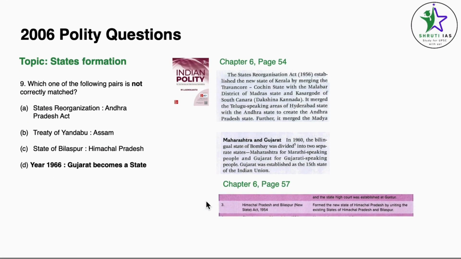Coming to question number 9, which of the following points is not correctly matched? Now here, the answer is, the thing which is not correctly matched is the year 1966, Gujarat becomes a state, which happened in 1960. Now, to check the sources of this, we go to chapter 6, Union and its territories, page number 54. First paragraph, 8th line, the State Reorganization Act, and in the 8th line, it tells us where the Telugu speaking areas of Hyderabad state